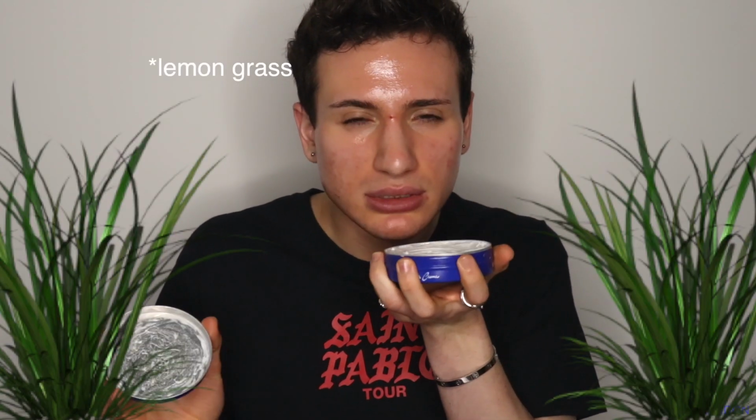And lastly, as I said, it contains fragrance. However, I have to give credit where credit is due, and this is a lovely fragrance, you guys. If I have to smell some way in my skincare, I want it to smell like this because it's very lemony, kind of like a citronella, which is like a plant. And it just smells, I don't know, kind of like a grandma, which, linking it to a fun fact that I want to tell you guys,